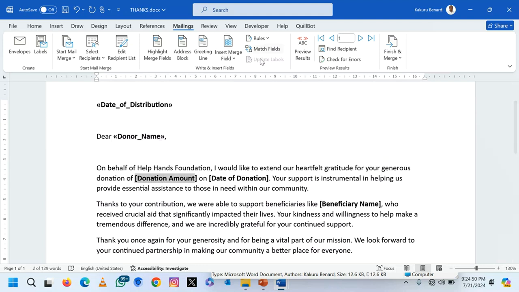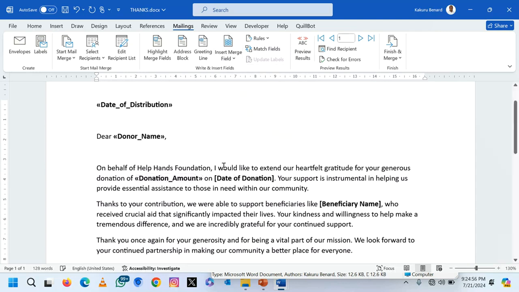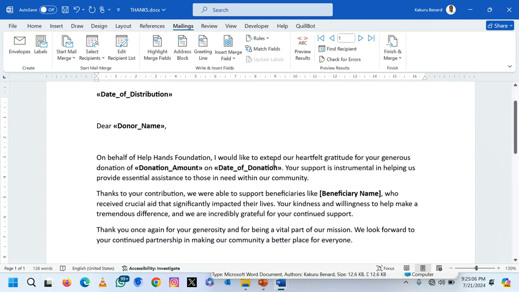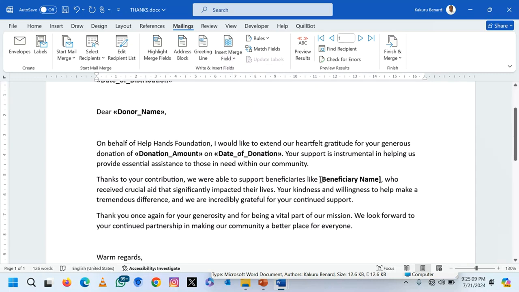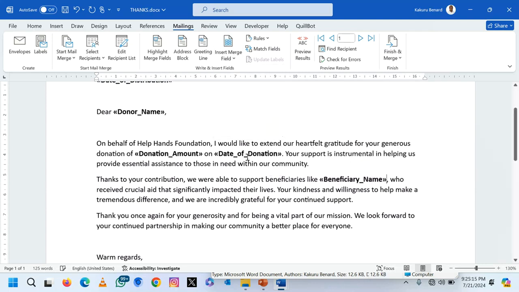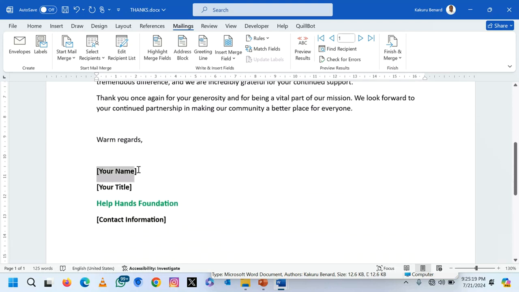We can highlight that, and we also insert the merge field for donation amount. There is this donation date. We insert merge field date of donation. Then we have beneficiary name. We highlight that, we go insert merge field, beneficiary name, and then finally conclude your name,